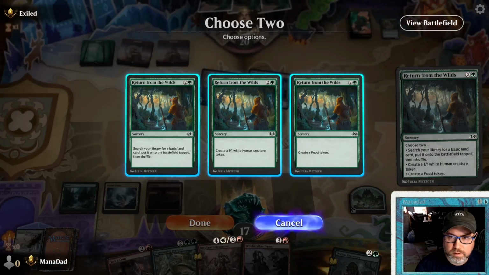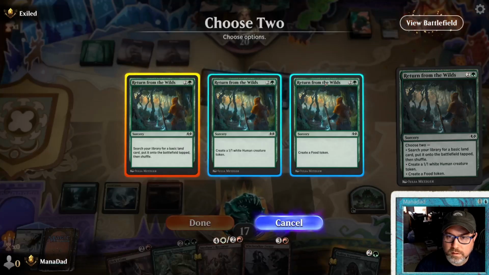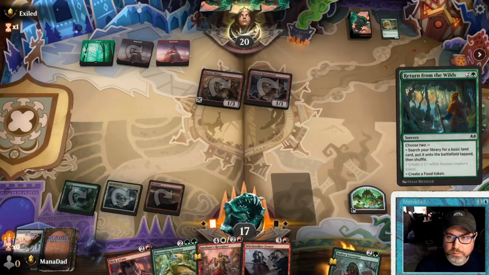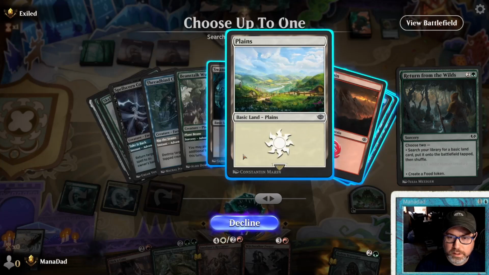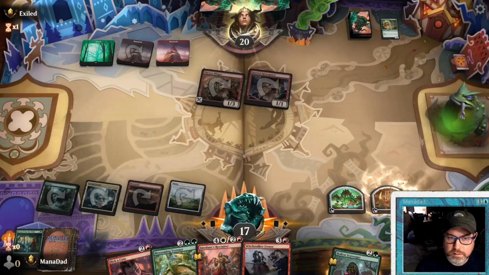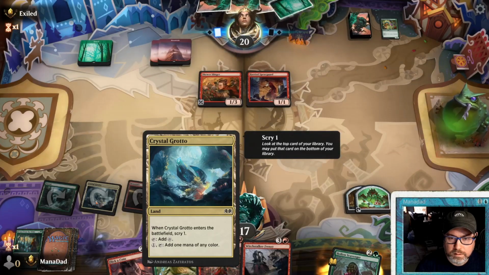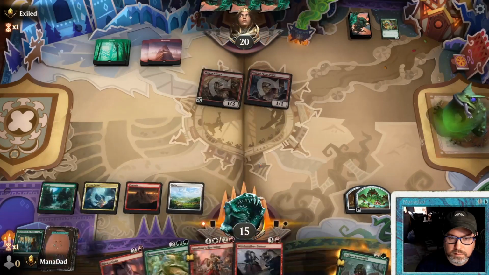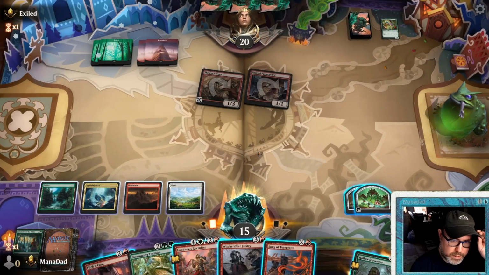Ramp. And create a human, or just make another food. I think they look aggro, we'll just be making foods. Go get a Plains, please. Sowing of Totentans. Okay, we're getting our bombs, but